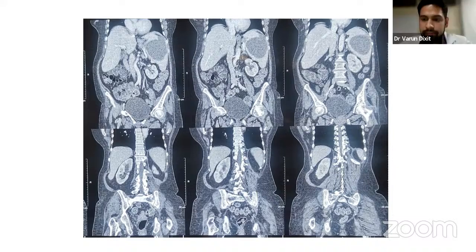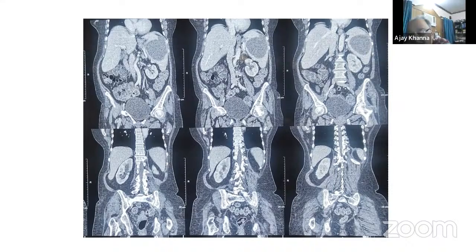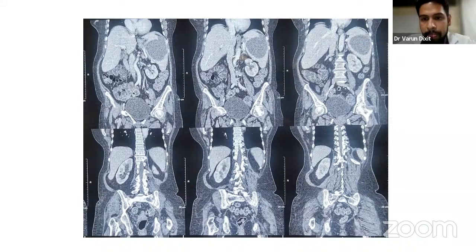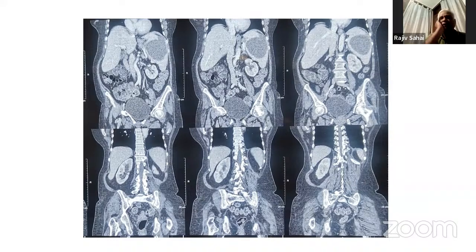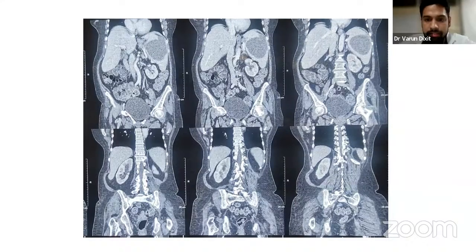Right. Varun, are you sure the contrast has not been given orally in this patient? I think the contrast has been given in this patient, but it is a small amount. Okay, because you can see the loops of the intestine. Yeah, they usually give water or a very thin barium. Gastrografin has been given. Yes, sir. Okay, gastrografin has been given in this patient, but a very small amount. It's not that it has not been given.